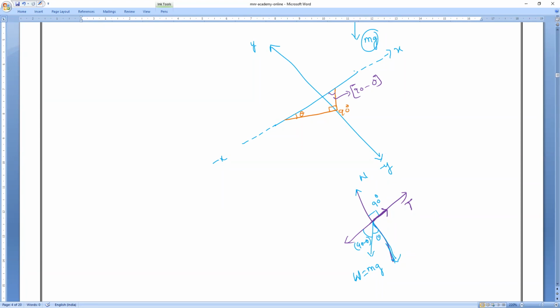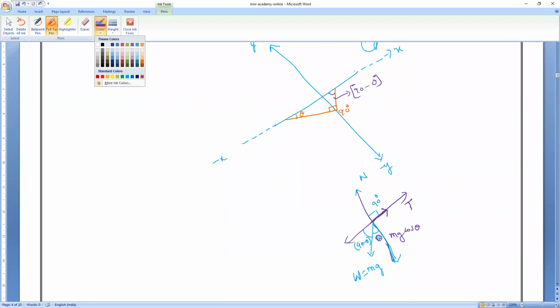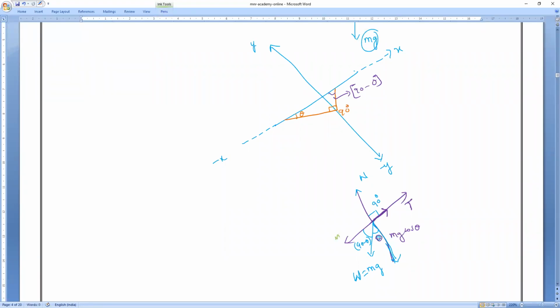So if here is the theta, then here what will happen? mg cos theta. Then this side what will happen? mg sin theta. Okay, so that is what you have to remember. All of you should remember, we are not supposed